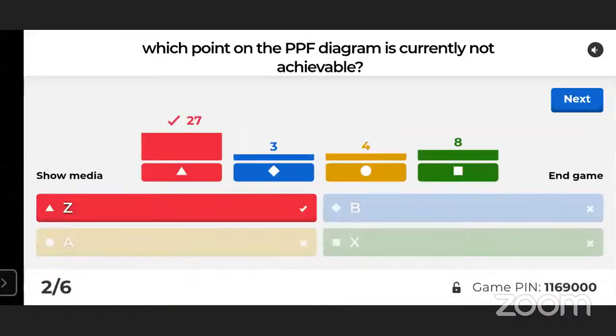Right. So what is the answer? Right, exactly. According to the graph, the point outside the PPC is not achievable. We call it what? Scarcity. You have seen in the past paper, there are some questions they ask you to illustrate. So you have to draw the PPC and make a point outside the PPC. That is the point we cannot achieve. Right? That is an example for scarcity.